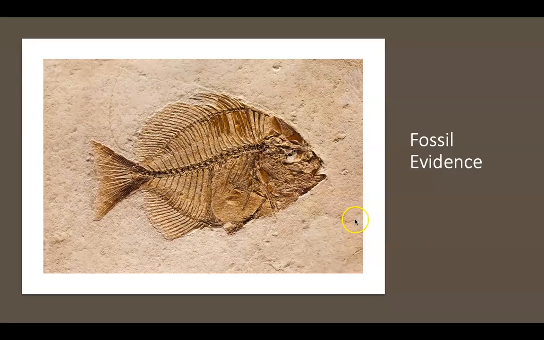And then we have fossil evidence. Fossil evidence can be really strong for some organisms and essentially missing in other organisms as well. The key thing to remember for all the evidence for evolution is it's all part of putting a case together that gives us a good idea that evolution is occurring in the way that we think it is. No one single piece of evidence will ever really stand on its own. It's the combination of these things that helps us fill in those gaps and understand how things have evolved.